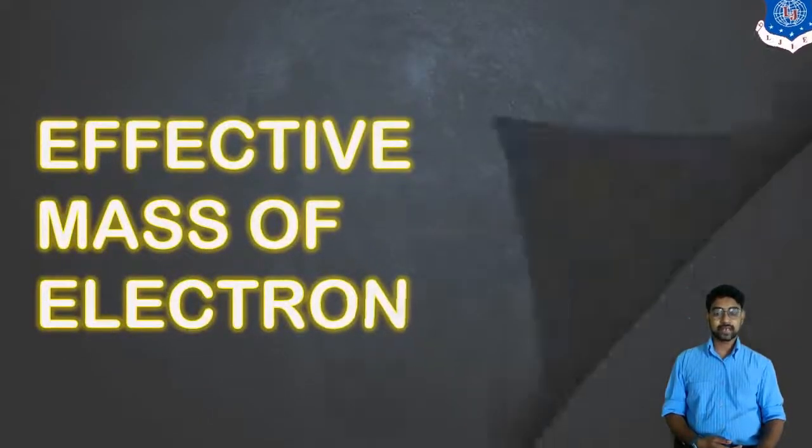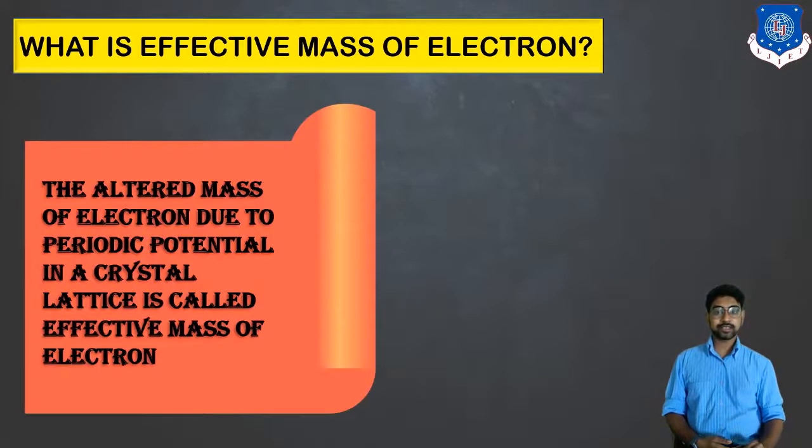Now, effective mass of electron. Conceptually, what is effective mass of electron? The alternate mass of electron due to the periodic potential in a crystal lattice is called the effective mass of electron. So basically what happens in our case, when an electron is kept in vacuum